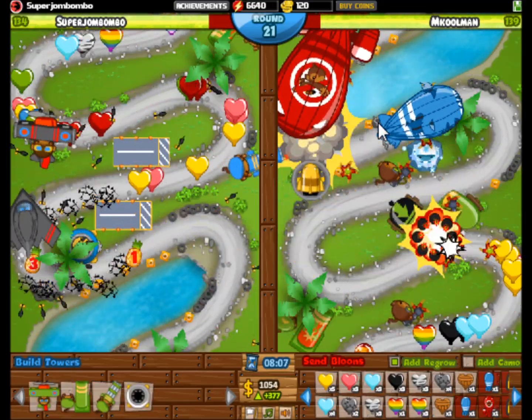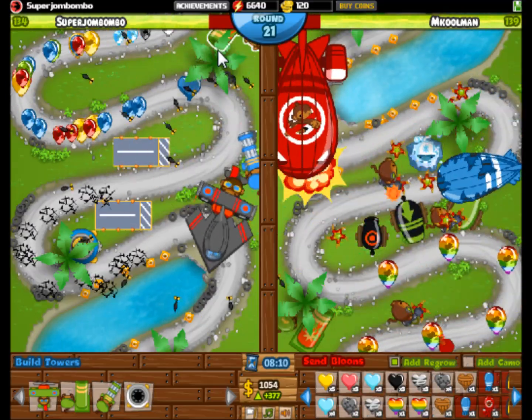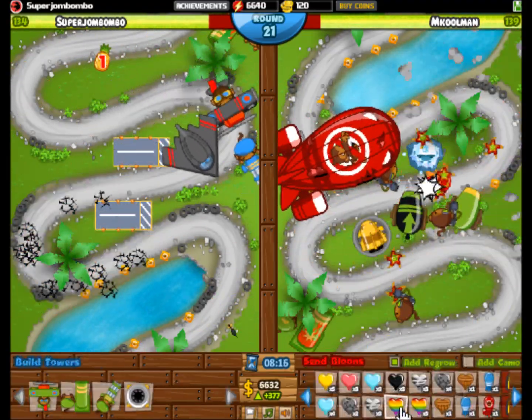Look at that, Moab Mauler is on... Is it on first or strong? It is on strong. So it's going to be a tight game to say the least. There's some camo balloons coming in here. That shouldn't be a big issue. I think what we're going to do is go with another couple of BFBs or something like that with...